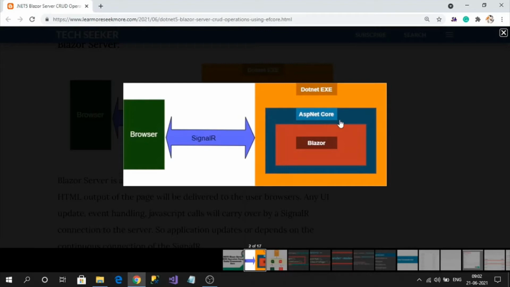Microsoft implemented it in such a way that the concept of Blazor is integrated into .NET Core itself. So most of the initial life cycle of requests to Blazor server is the same as other .NET Core applications like MVC or Razor Pages. Here you can see the stable connection between the browser and the application is established with the help of SignalR.